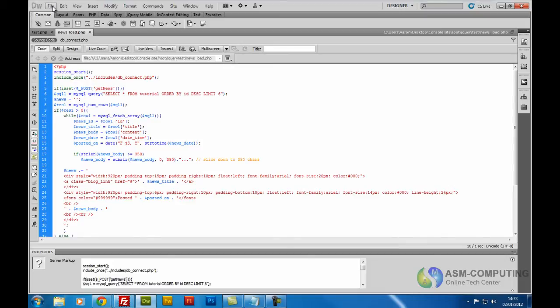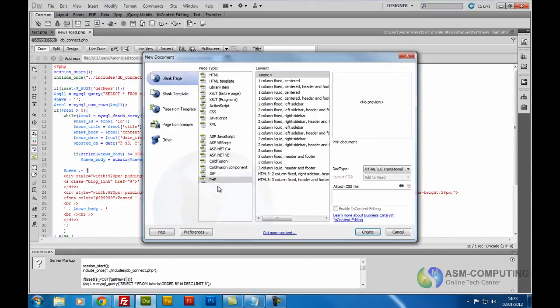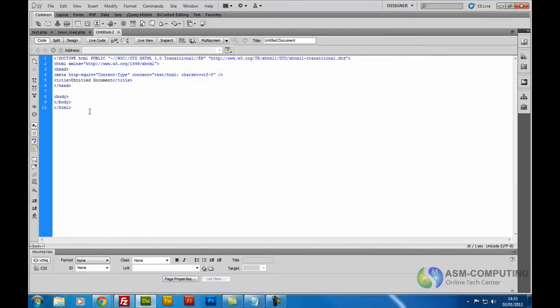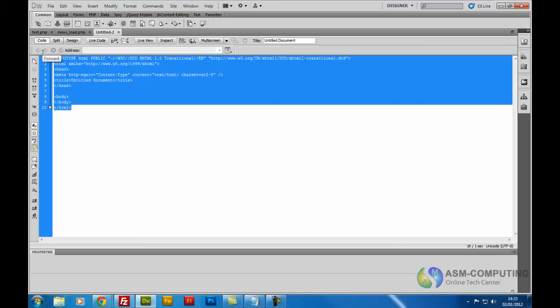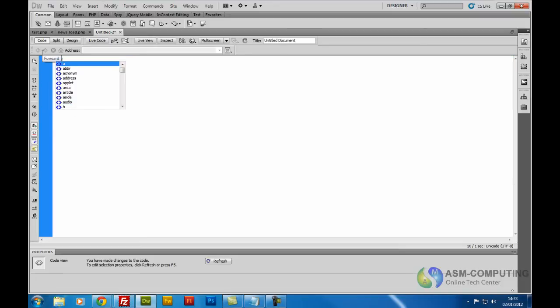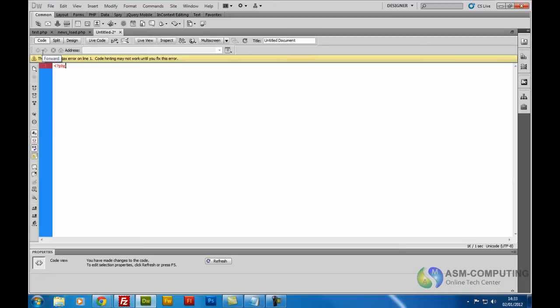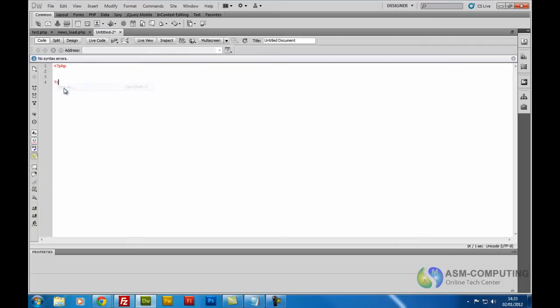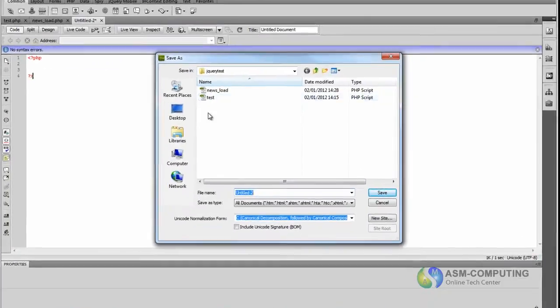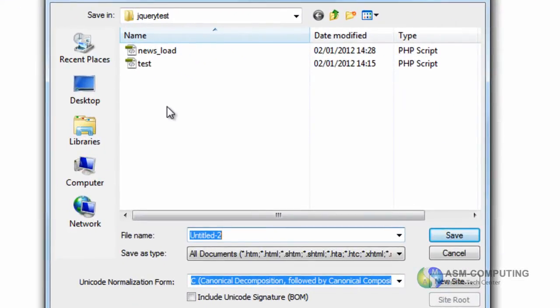So the next thing is we want to add a new PHP file, and this one is going to be the one to actually submit the data. So we open up our PHP brackets, close them off, and save it in the same folder. I'm saving all of my files into the same directory, so I don't have to use anything different.